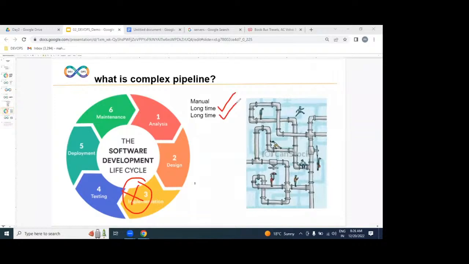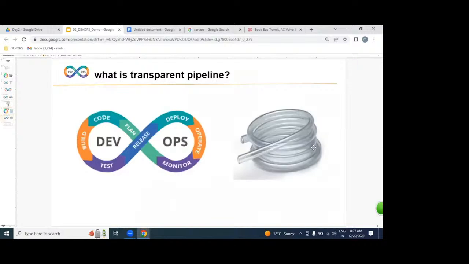The example I gave was a water pipeline. The water pipeline is underground. Somewhere else there is a blockage. Can you identify that problem immediately? No, it is not a leakage, it is a blockage. After identification, can you fix this within an hour? It will take weeks. But what are we expecting? I don't want this complex pipeline, I want to replace it with a transparent one. I want to visualize a transparent pipeline. The same water, everything is the same, but I want to implement it transparently.